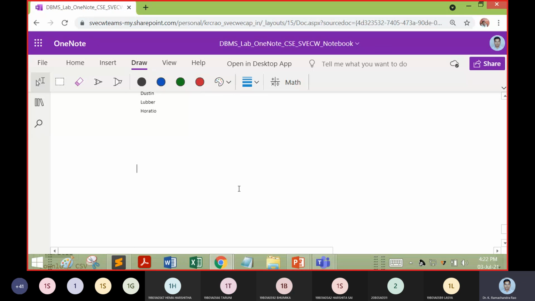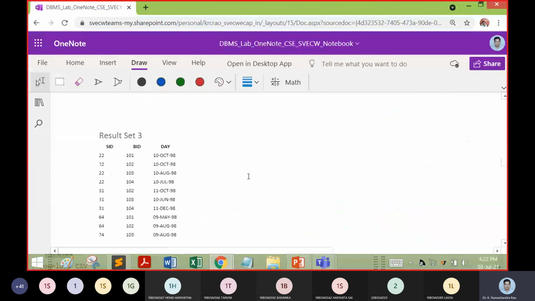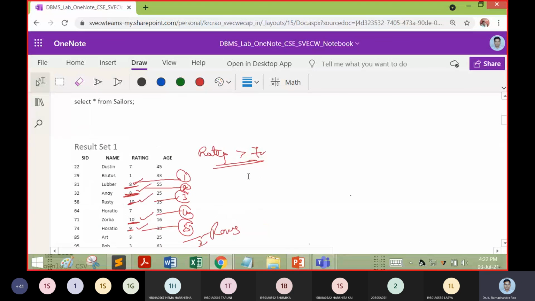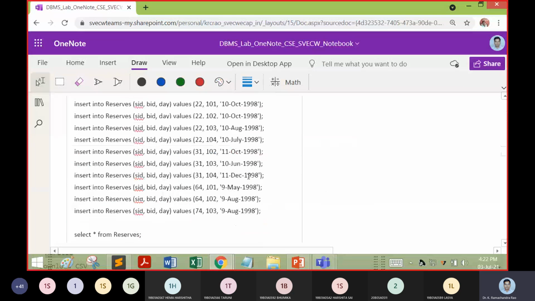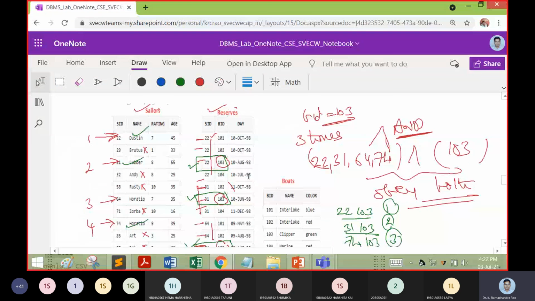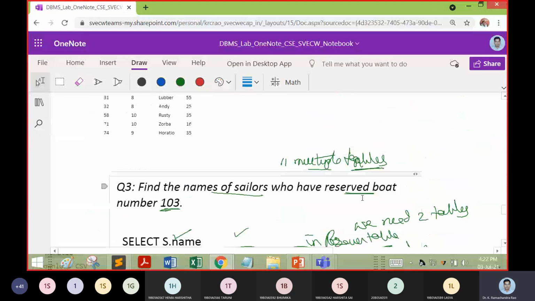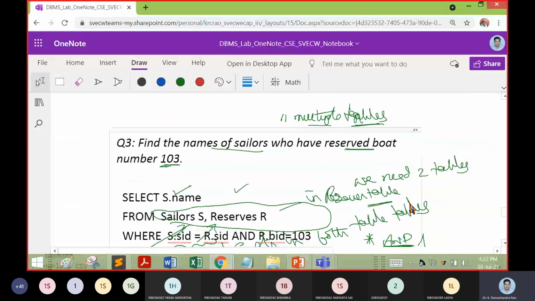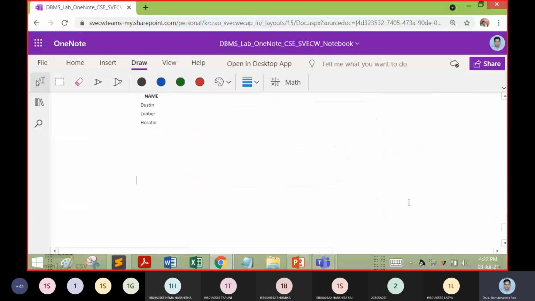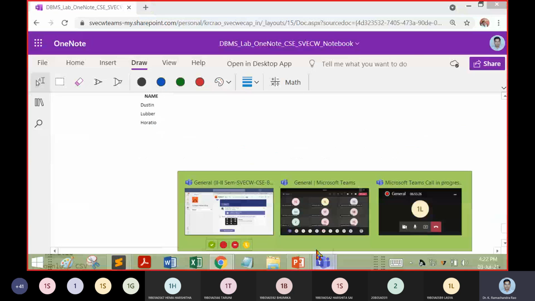Okay. So in today's class, we started out with the basic SQL operations. We took 3 tables and created them. Then we started working with single table operations and made 2 queries. After that, we made this multiple table operation between sailors and reserves content. So this is all the input for today.